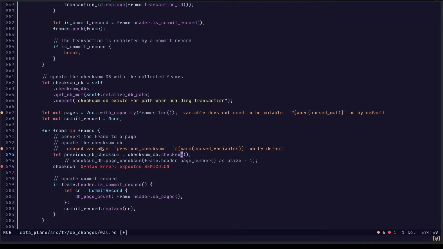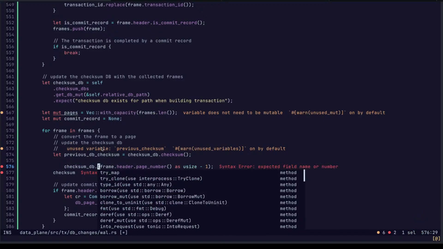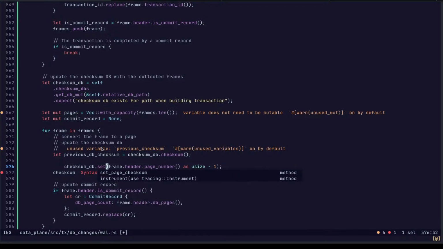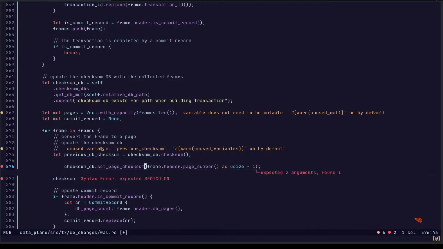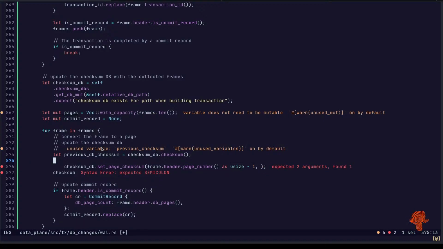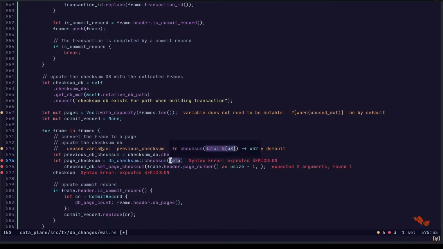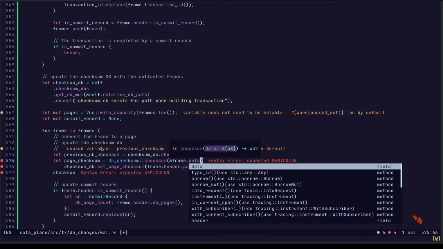Okay. Then we update the page checksum. Set page checksum. Page and the checksum of the page. And this is checksum, frame dot data.